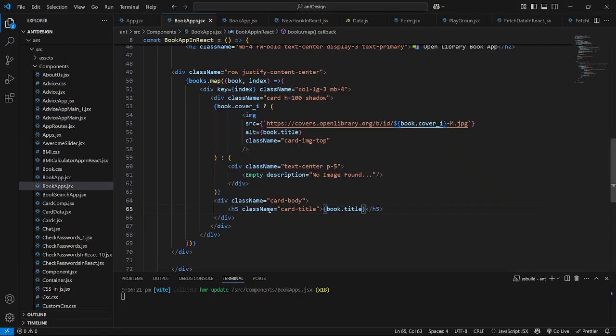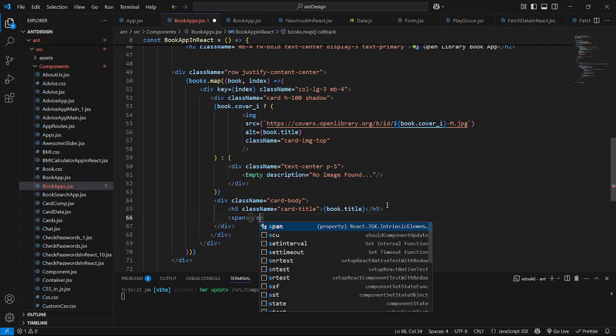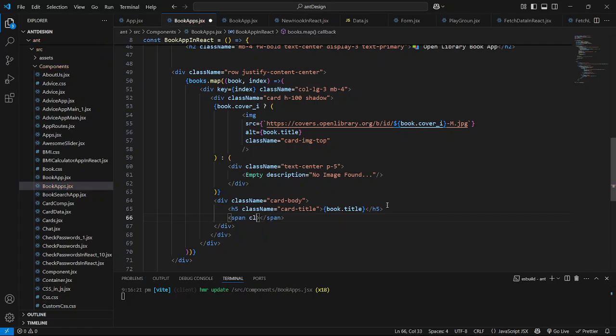Now let me create a span element also, and let me close this span very quickly. Let me use the class here. I'll use the badge, so let me say badge, and bg danger. I'll say text white, and I'll use the open and closing curly braces. Let me first create here